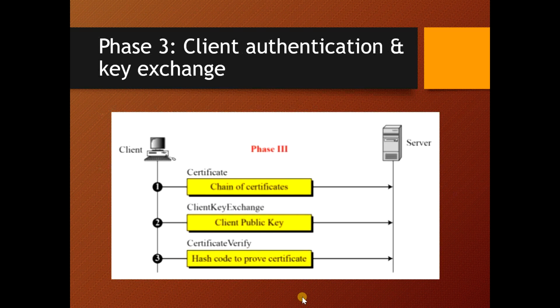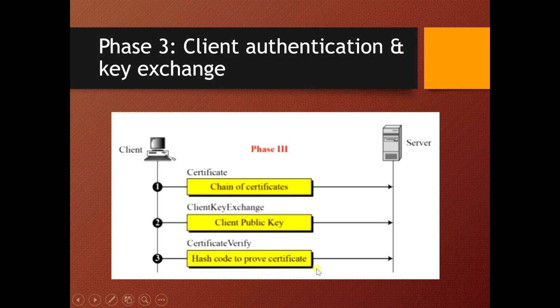So next we have the third phase, wherein we are going to look into the client authentication and key exchange. So here you can see the phase 2 completed with the server sending all the message requests. So phase 3 begins with the client sending a chain of certificates to the server. The client will send the public key, and it will also provide the certificate verify, that is the hash code